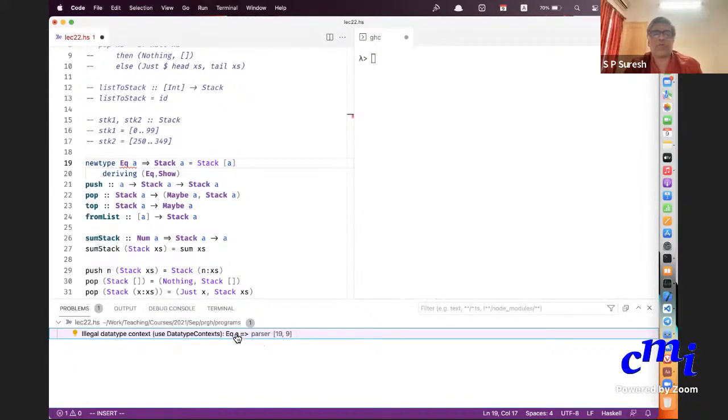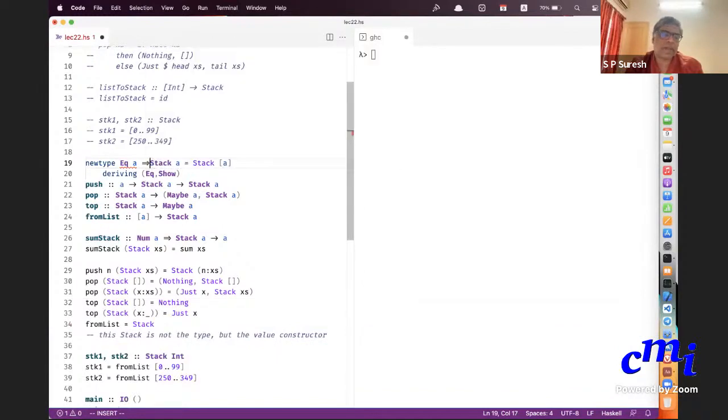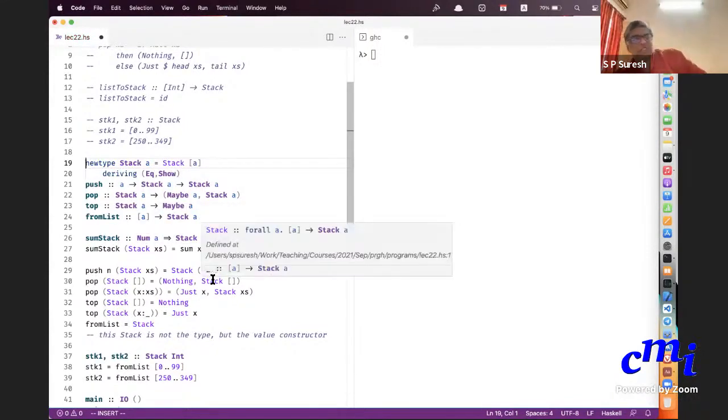For that you have to use some datatype context. So earlier it used to be a requirement. Now it is not. So you put the requirements on the function. Very nice.